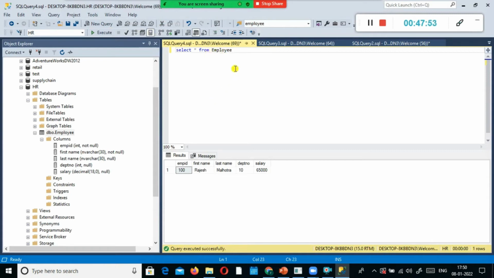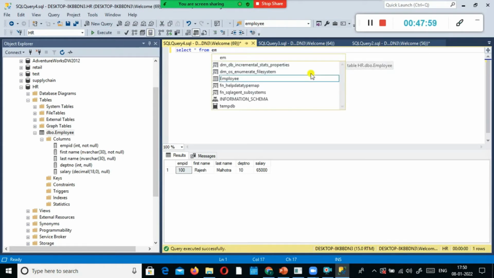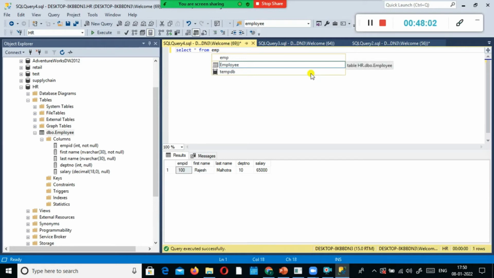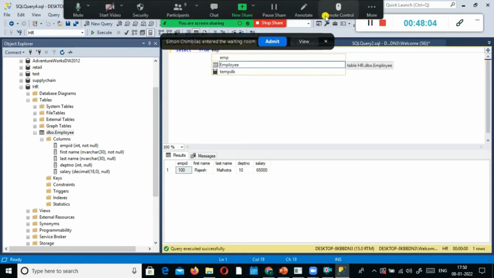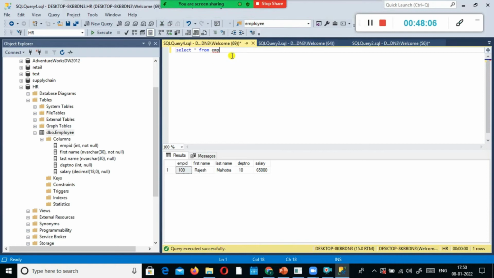So it provides the code completion facility. That is called code completion facility. For example, I don't have to type the entire table name. All I have to do is just type the few letters of the table name. When you type the few letters, it automatically helps us understand the table names which start with M, right? All the tables which start with M, it is displaying here. So hence you can choose whichever table that you wanted, you can choose it here.